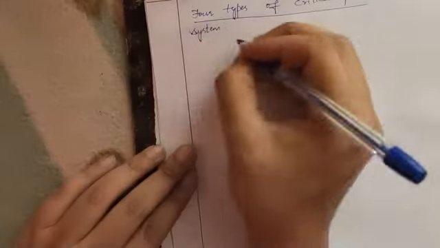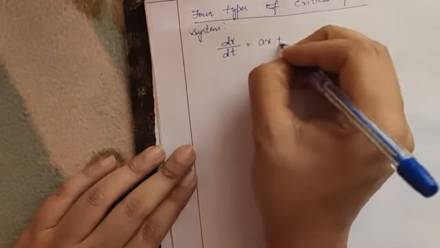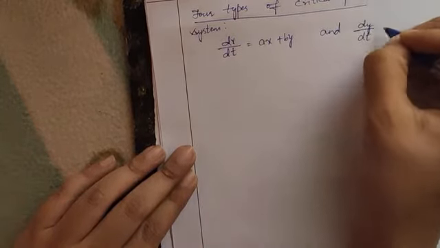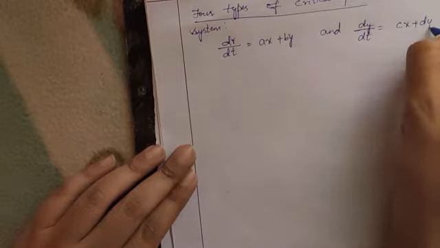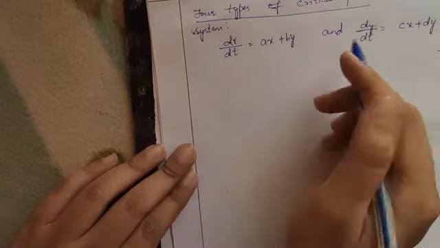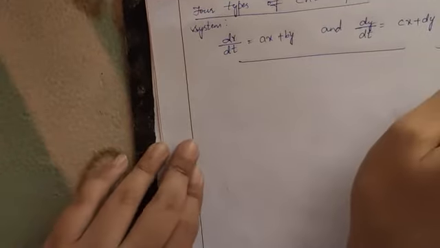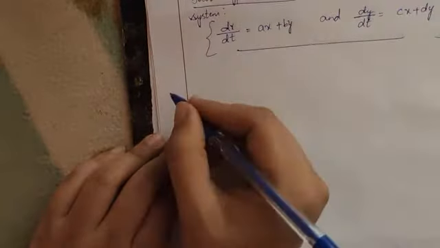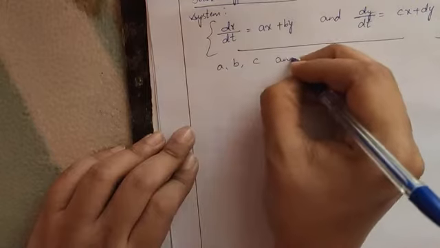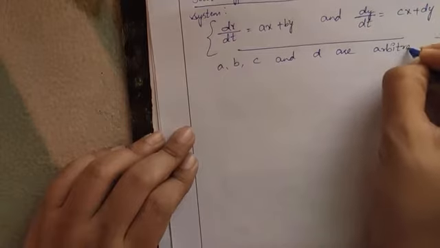So the general equation of the linear system is dx by dt is equal to ax plus by and dy by dt is equal to cx plus dy. This is my general linear system. I am discussing the types of critical points for this linear system. So first, we know that this is nothing but our autonomous system, right? Here a, b, c and d are some arbitrary constants,